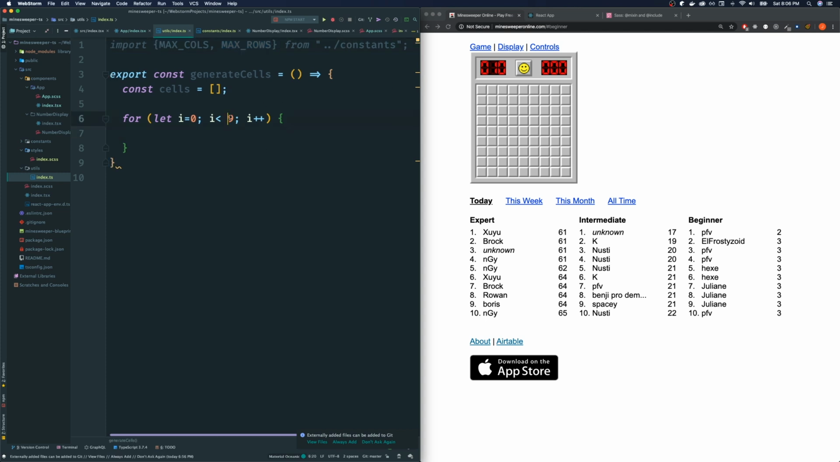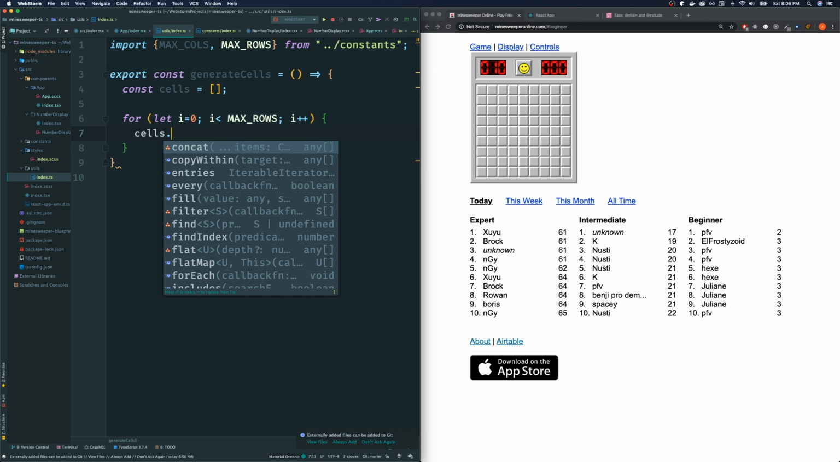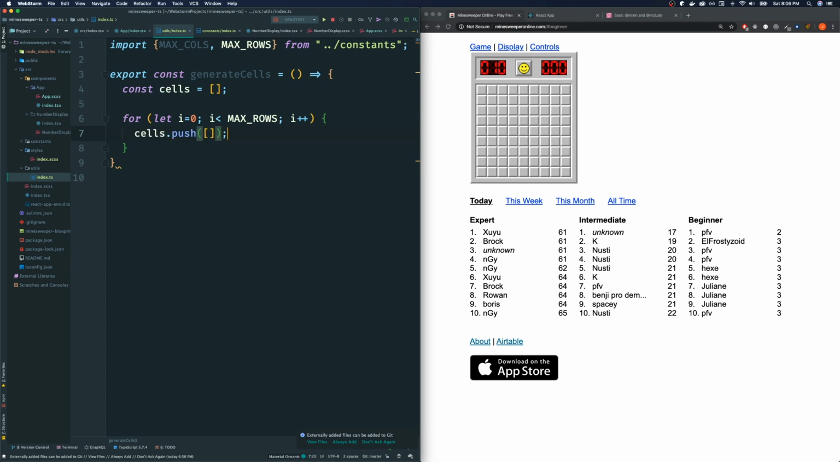And instead of using this 9 here, we're going to first build up the rows. So we're gonna go all the way to max rows. And in the beginning, we're just gonna push into our cells another empty array. And then we're gonna have another for loop, because within this empty array that we just pushed, we're gonna add a bunch of cell contents here. For, let's see,